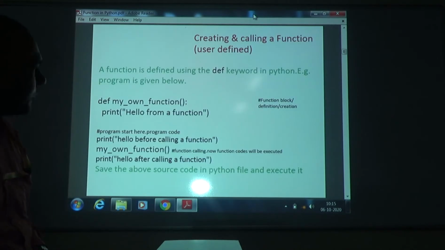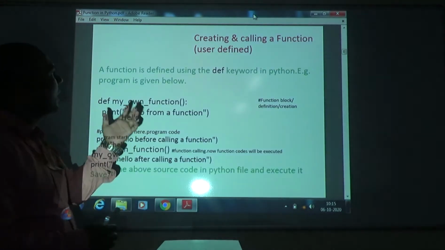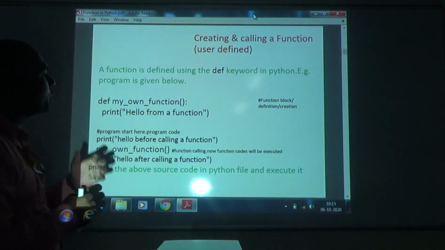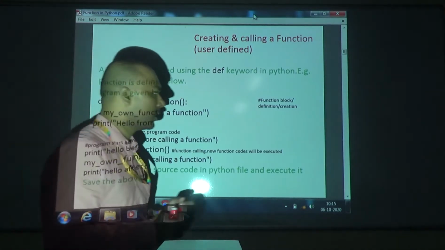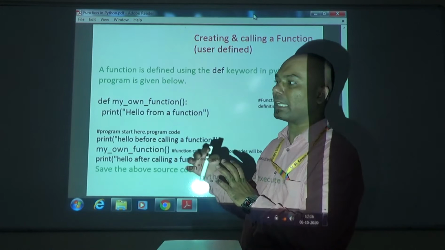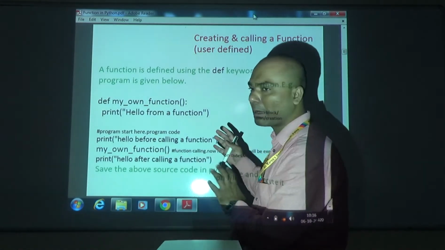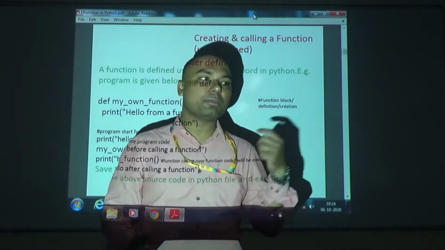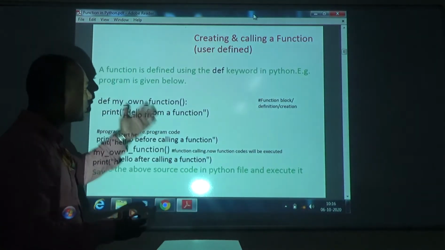So now we can see how we can create and call a function. There are two kinds of functions: one is predefined and the other is user-defined. Predefined means these are the inbuilt ones, okay, we don't have to create them. But user-defined means the user is going to define or give the definition name of the function,